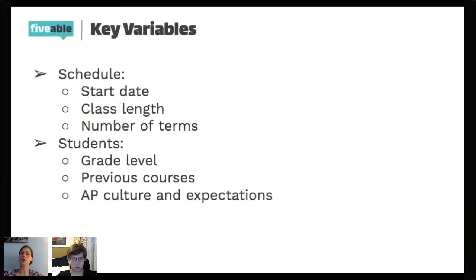We also have different students. Dylan, you took the class as a freshman. I teach sophomores. And that's going to vary. People's skills are going to vary. People's previous experience, previous courses are going to vary really wildly. AP culture, and what does your overall school look like? Is AP World a class that everybody takes? Is it a class that only 12 students take? What does that look like? And so those are variables to keep in mind, and they're going to affect planning and pacing.